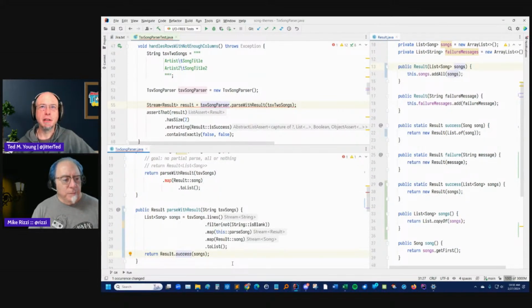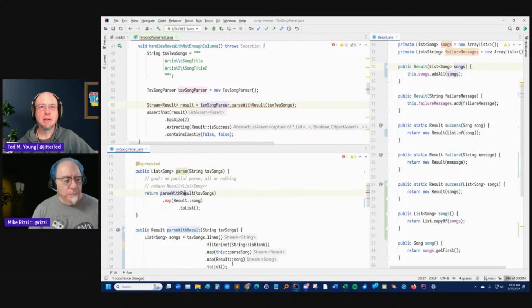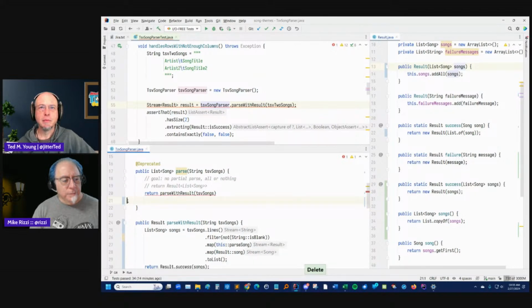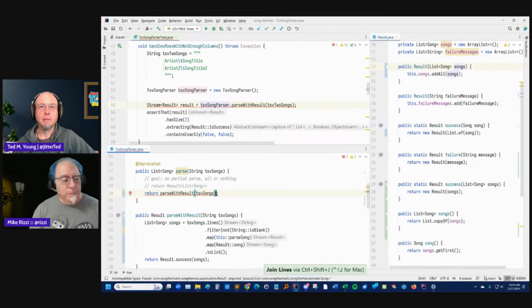And so that'll break a few things. So here we won't need to map it at all, so you can delete the map in the to list. But since it was returning a result and we're expecting a list of song, we can just say .songs. And so now if we fix the test on the top,